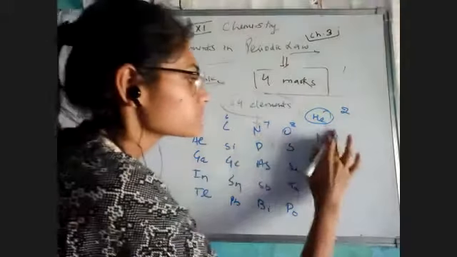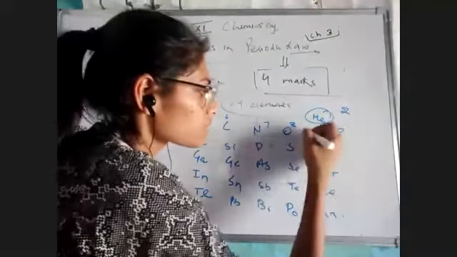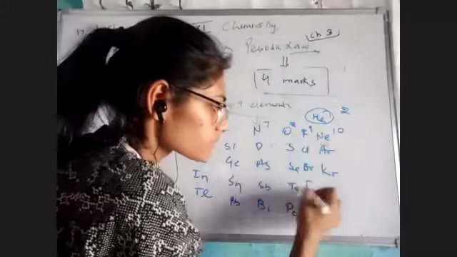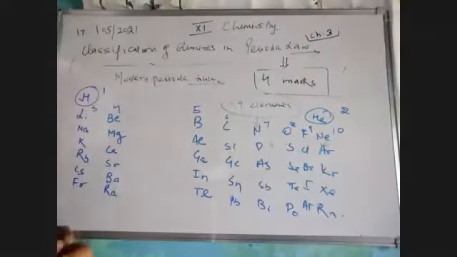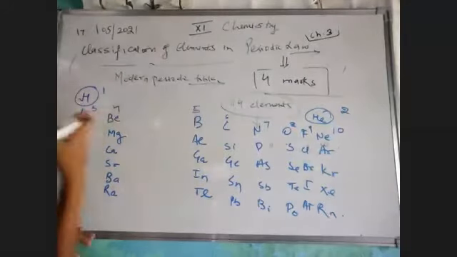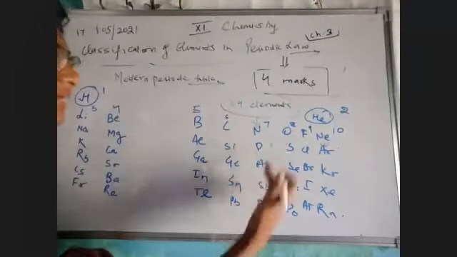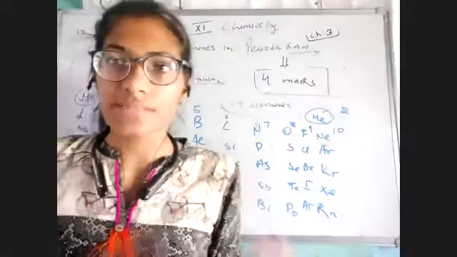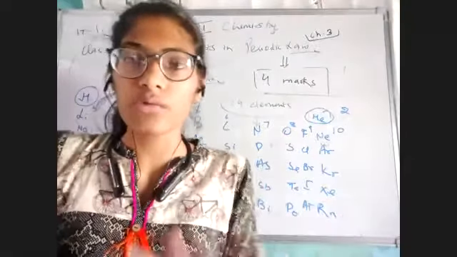Okay, I'm sorry. Fluorine. So this is how we have arranged 1, 2, 3, 4 up to 10. In the same way, we are going to increase the atomic number after 10, that is 11 to 20, then 21 to 30, and so on.